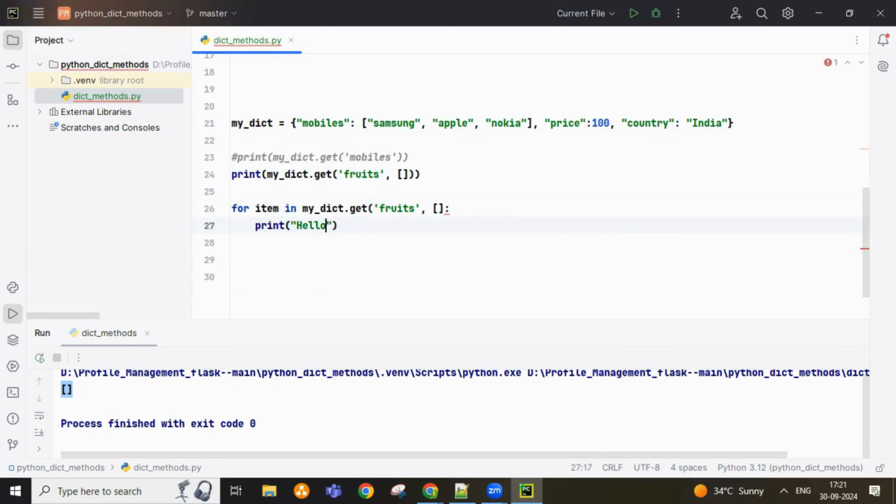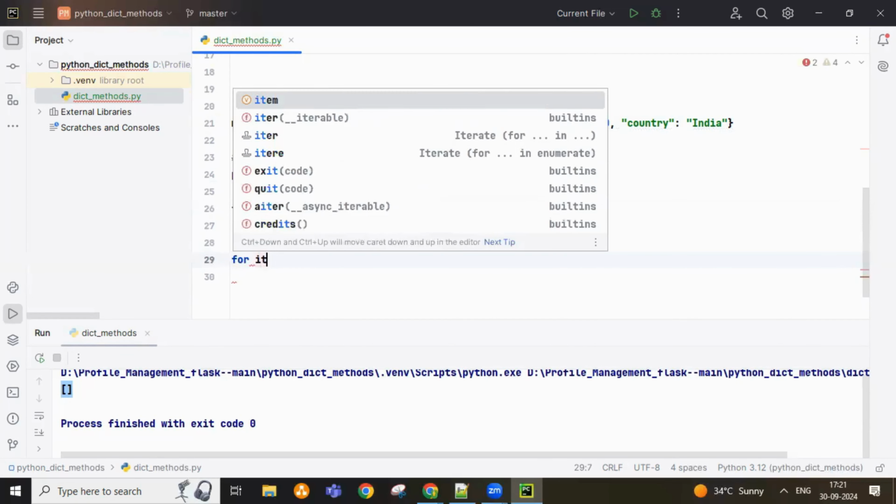Print hello, for example, right? In this case, fruits by default, what is it giving actually? If fruit is present, it returns the list, otherwise an empty list. If not, what is the problem? So who can tell? Here in this case, what is the default value? If you are not mentioning anything in the default value, what is the default value? None. So meaning it does not even see